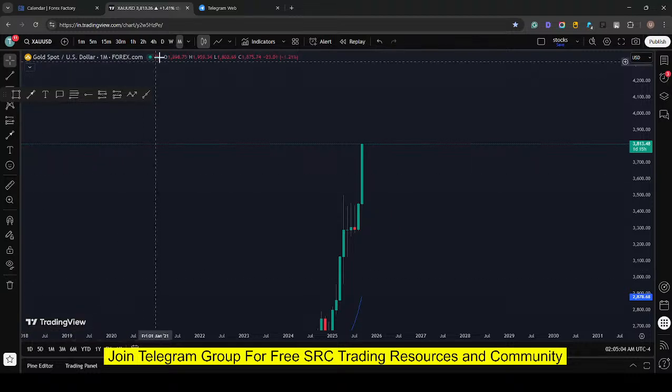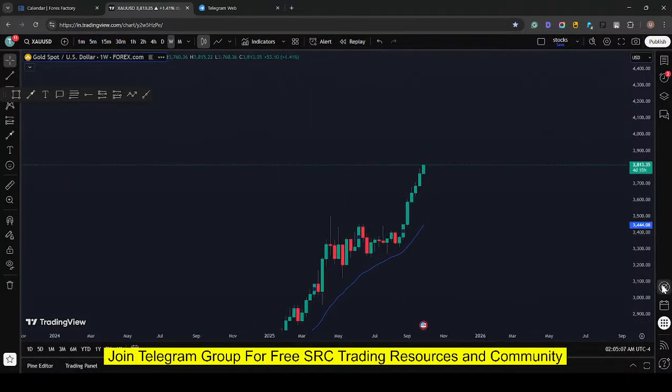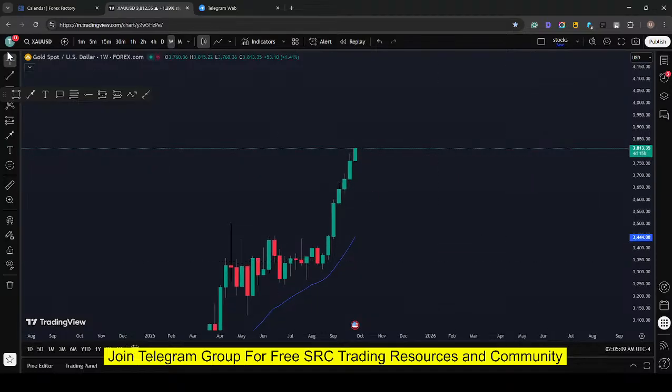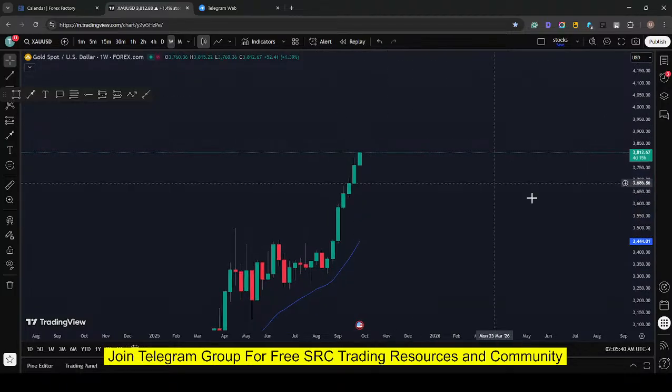Right? Let's move on to weekly. So yeah, weekly is clearly bullish. Remember I told you this was a bullish candle, this was a small candle, and that was a smaller candle, so I was expecting a retracement there. But this candle closed as a strong body candle with no wick. And now this current weekly candle opened and just pushed up, breaking all-time highs. It has created new highs. So yeah, man, gold is pretty bullish. Can't think of shorting right now.